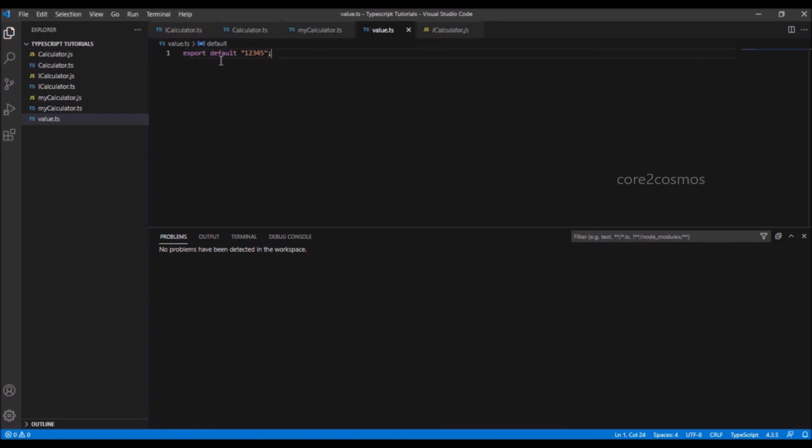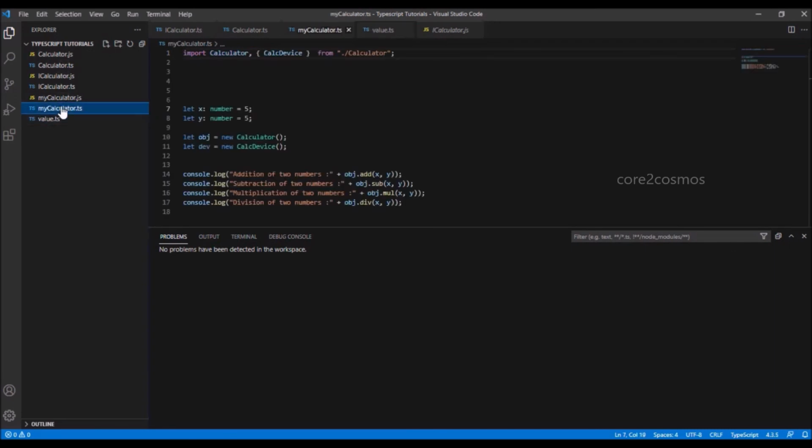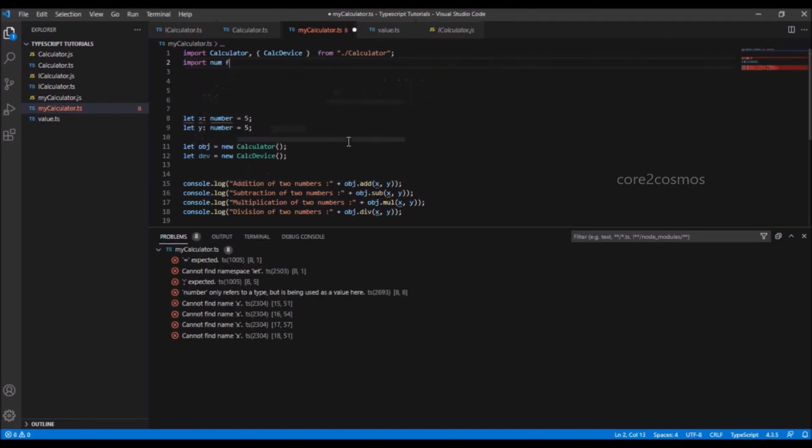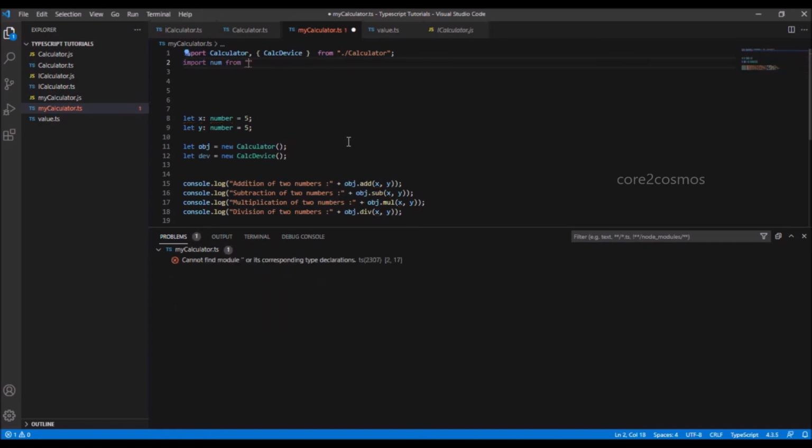So we are exporting only the value 12345 at line number 1. I go back to the mycalculator.ts and say import NUM from value.ts file.